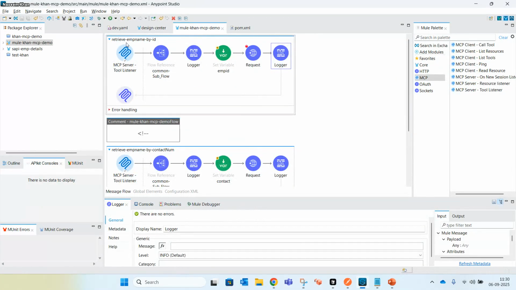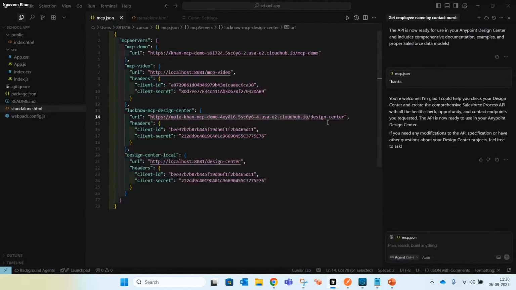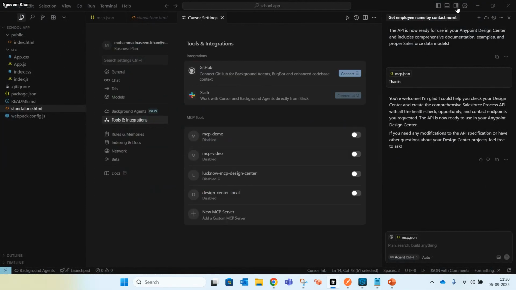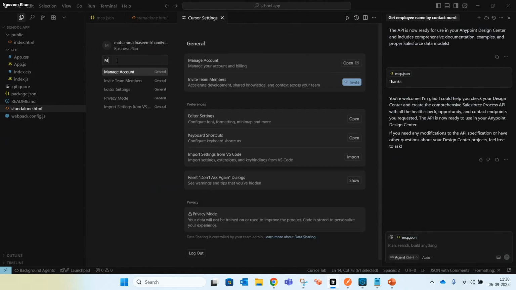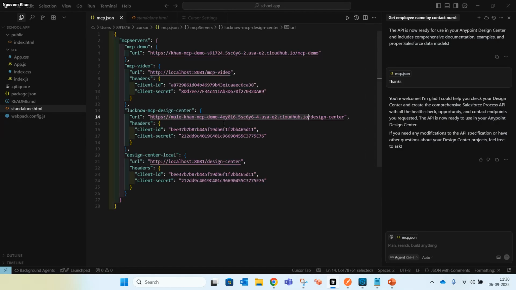After that, I'll showcase this retrieval. We can use it from local as well, but I have deployed to CloudHub. For MCP in Cursor AI, you just need to install Cursor AI on your system and go to settings, and if you search for MCP tools, it will take you to this screen. Here I have created this MCP tool, and for the configuration, if you click on edit, or you can add a new MCP server, but I'm not going to add a new one.